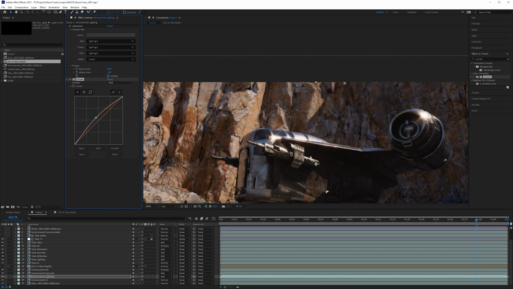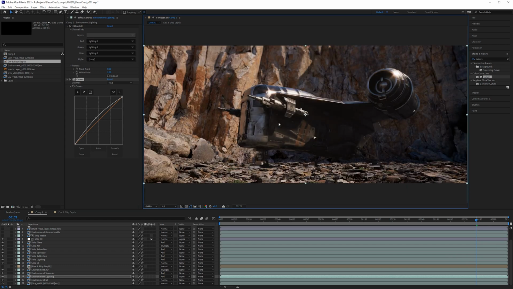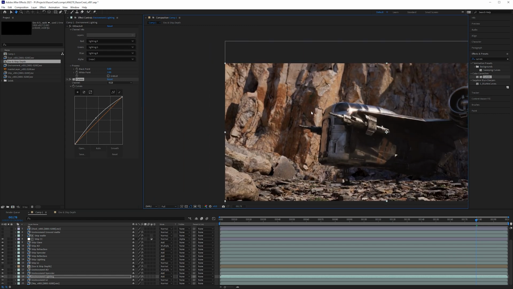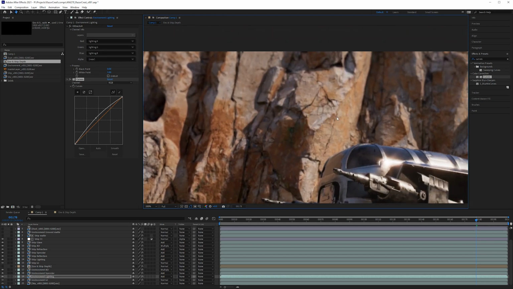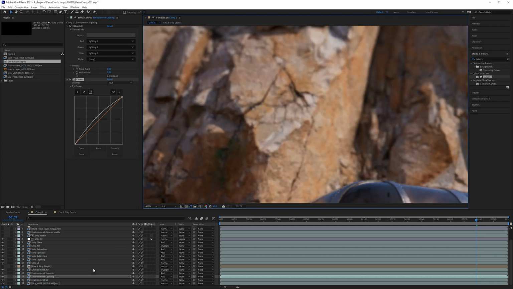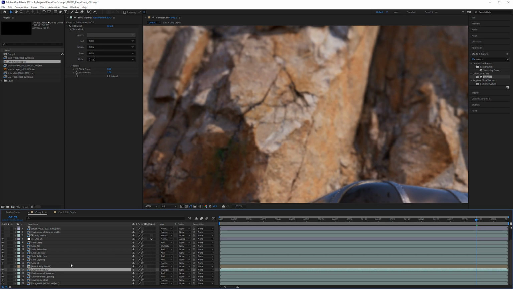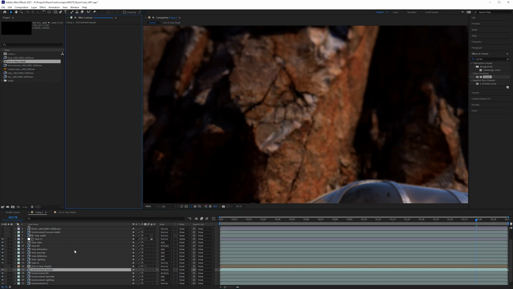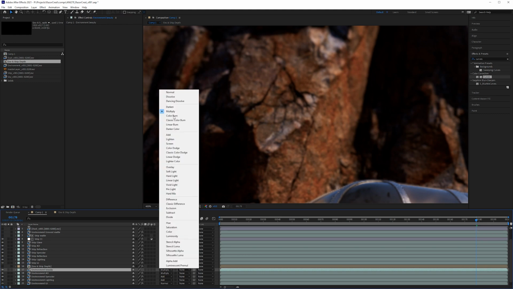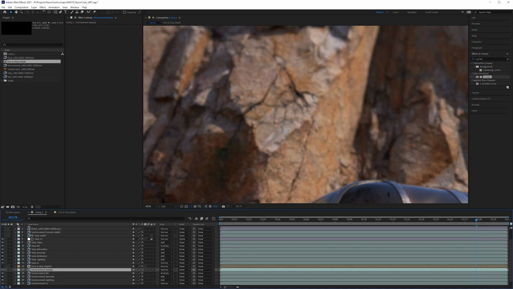These are pretty trivial changes though. It's not particularly important for this. The biggest changes that we need to do are for the ship. And we still need to separate them out though, because now you can see that the denoising has been applied. So if we take any one of these layers like AO, let's call this beauty, delete the extractor, and then I'll set this to be normal. You can see the amount of grain difference.